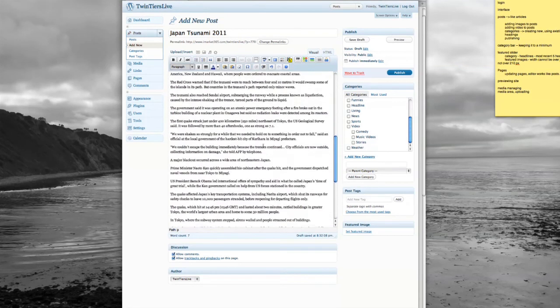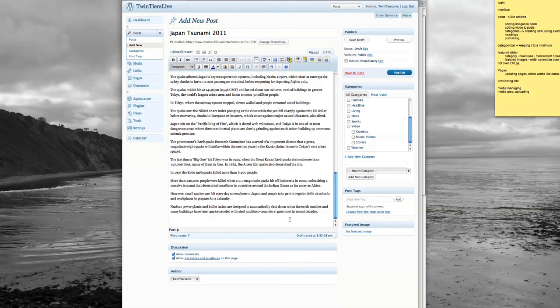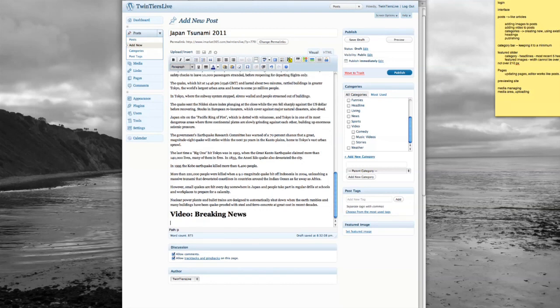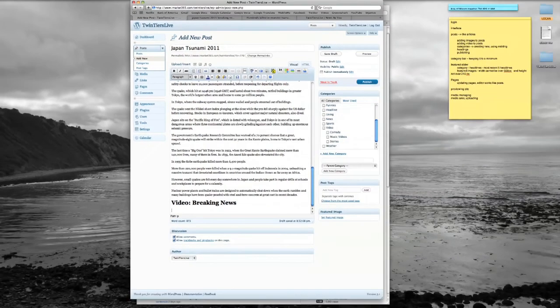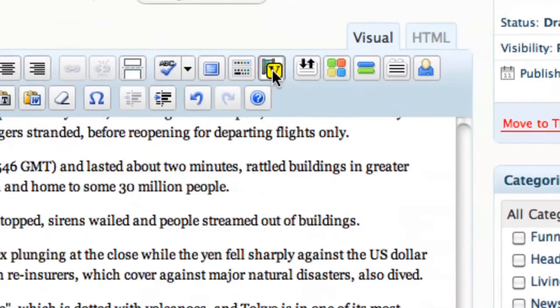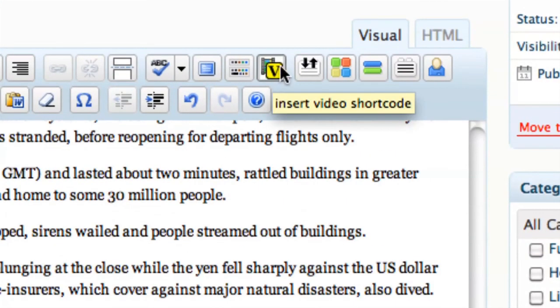And then at the bottom, I think I'm going to add a video down here. So I'm going to add a new heading. Call this video breaking news. And I found a nice video on YouTube to add underneath here. Okay, so to do that, to add a video from YouTube, I'm going to go ahead to this button here, which is a little film strip with the yellow V, Insert Video Shortcode. When I click that,